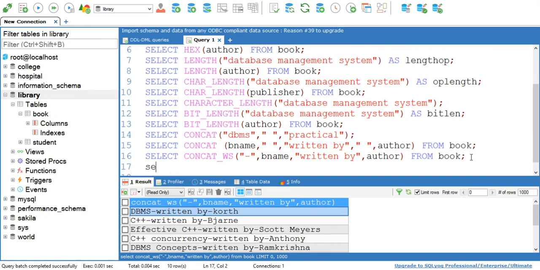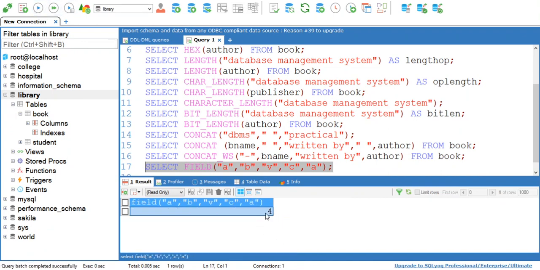Then my next function is select field. The field function is used to find out the index position of the first argument in the subsequent arguments. Now my first argument is A and the subsequent arguments are B, V, C and A. The output is 4.